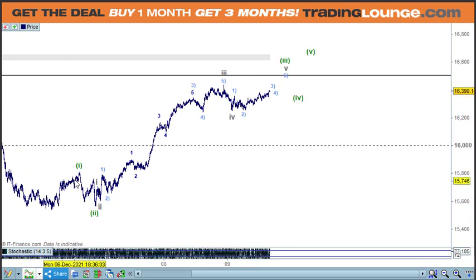But 1, 2, 3, 4, 5 up here for 1, ABC for 2 here, then 1 and 2 and 1 and 2, and then looking at this is 1 and 2 here, and then 3 and 4 and 5 for the third wave, fourth wave, fifth wave here for the third, the fourth here, then 1 and 2, 1, 2, 3, 4, going up for the third, the fourth, and the fifth wave for the third here, and then the fourth, and then the fifth. So this is slightly different,